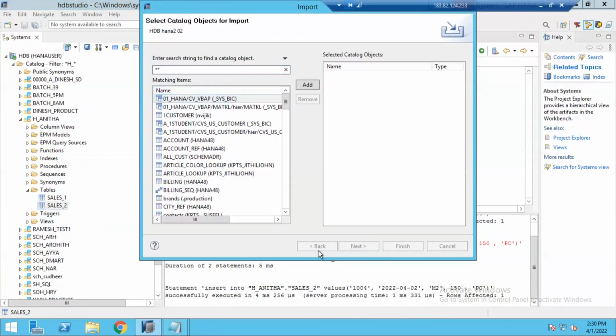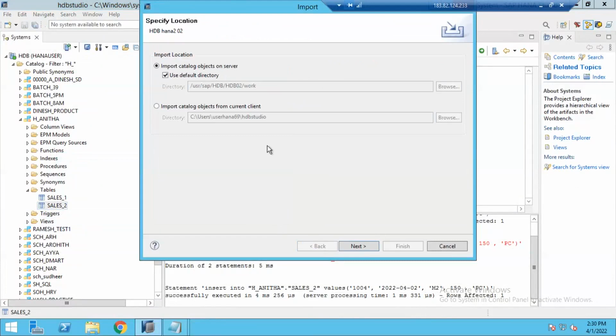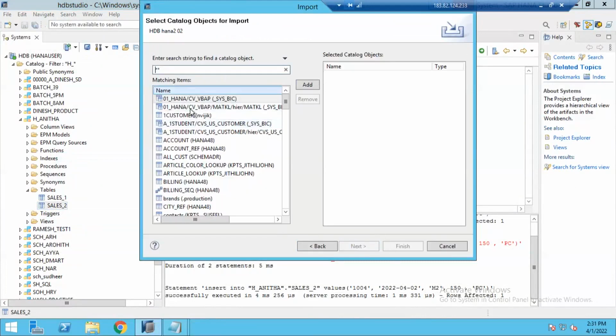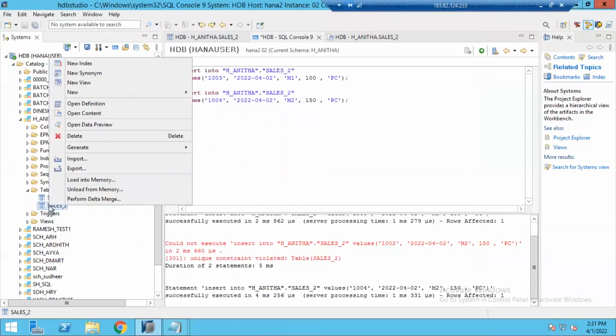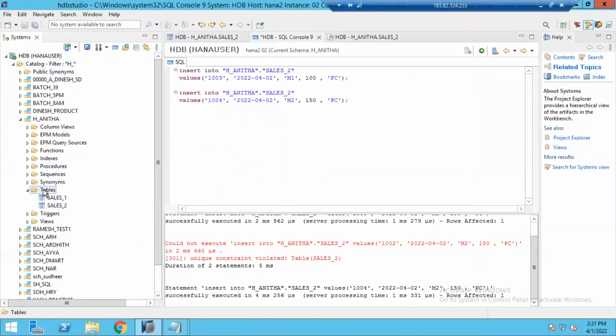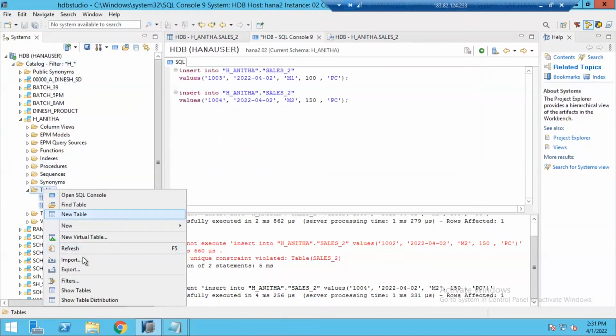Click on next and select your table name. Select the catalog object for import. No, not like this, something is wrong. Just go to tables, right click here, import.